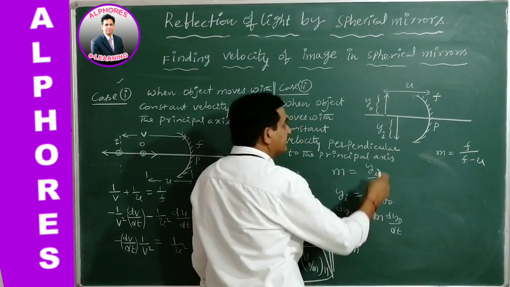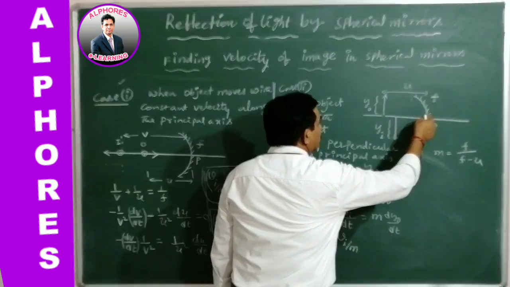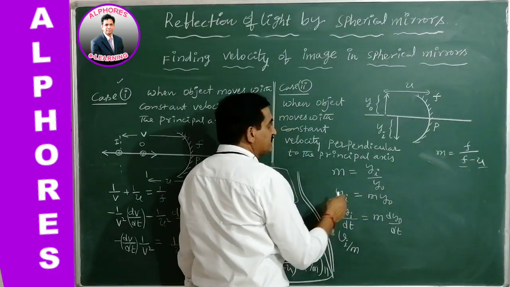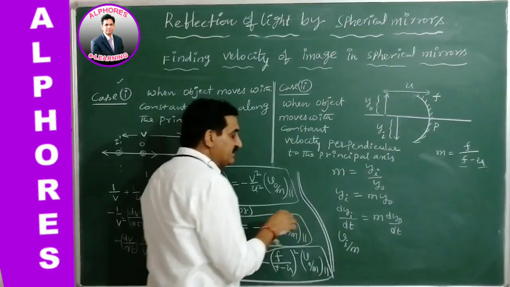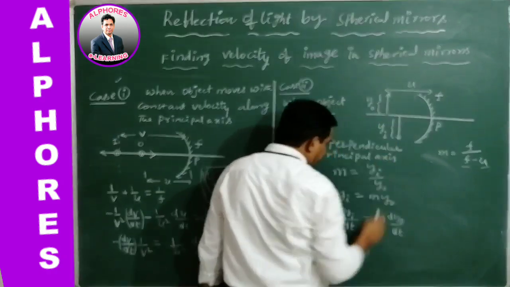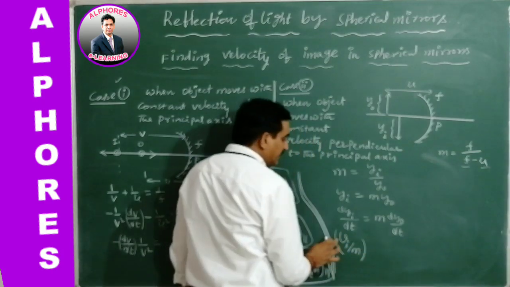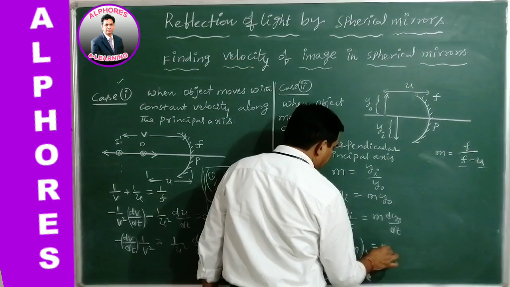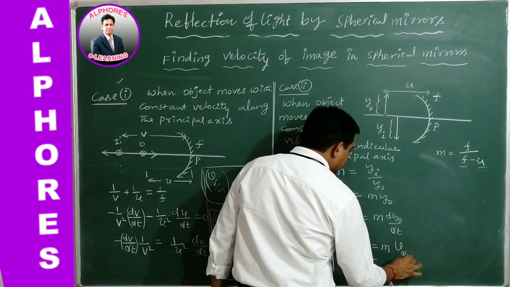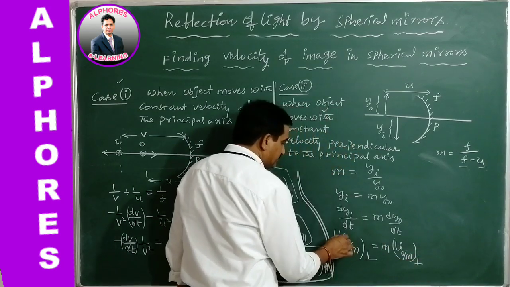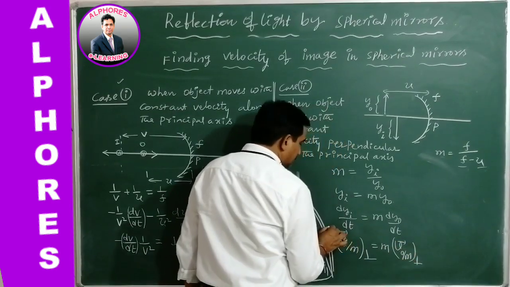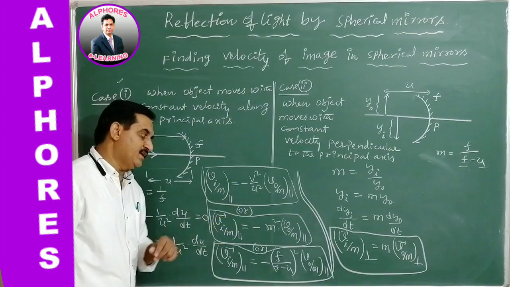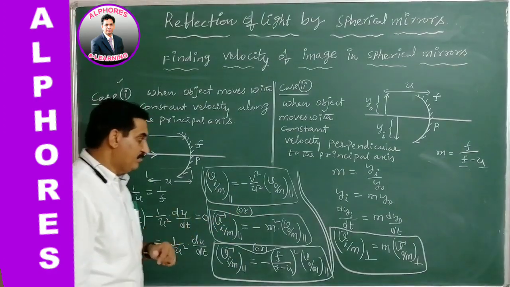So why are we taking it with respect to the mirror? Indirectly, the object distance and focal length come into the magnification terms. Therefore those terms are taken into account, with the mirror as a reference. Therefore again we are taking velocity of image with respect to mirror perpendicular to the principal axis is equal to m into velocity of object with respect to mirror perpendicular to principal axis. You can either use a vector form, right? This is the formula for the perpendicular component of velocity.